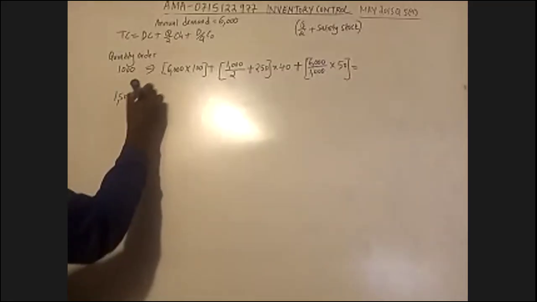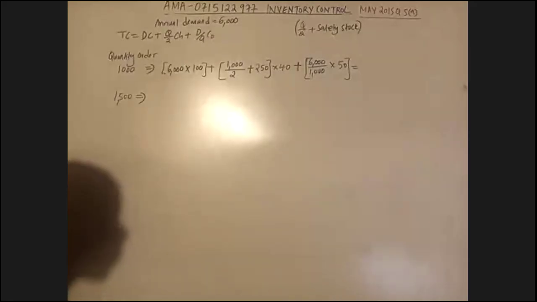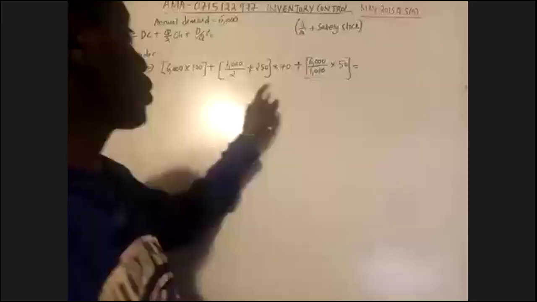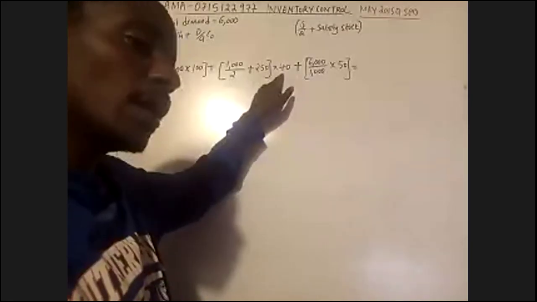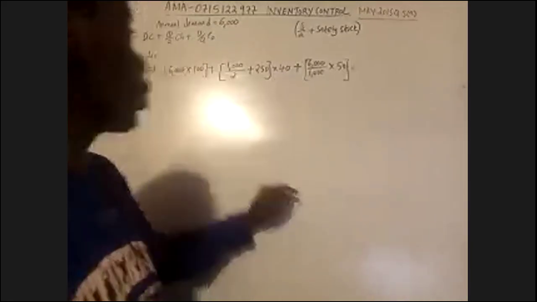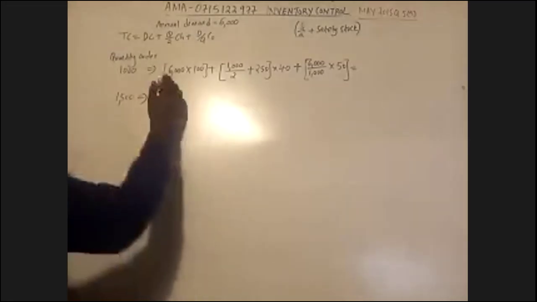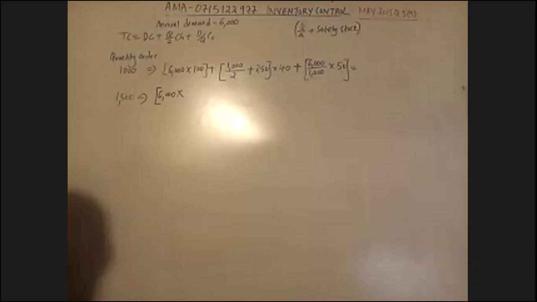Na tumesema hapa our Q itabaki tu kuwa 1,500. Reason why our Q itakuwa 1,500 because our ordering cost, this ordering cost, ni same from ya kwanza mpaka ya mwisho. So this one itakuwa to the same. So itakuwa ni 6,000 times. Now what's our cost per unit? Cost per unit 98